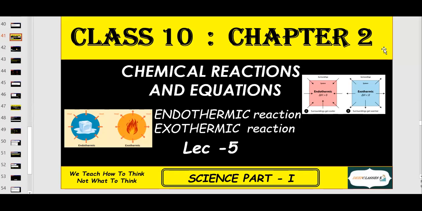As you see the diagram on the screen here, in one diagram on the left side, I have shown you the ice, and on the right side, it is fire. When you see the diagram, the heat is going inside the ice. That means this diagram tells you the heat is absorbing here. And here in fire, the heat is releasing. So in this simple example also, you can understand which is endothermic and which is exothermic. Let us discuss more about this.